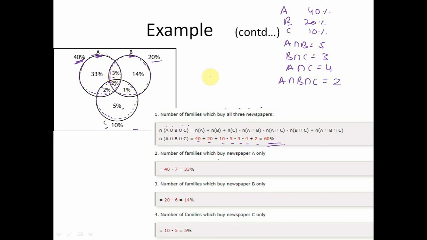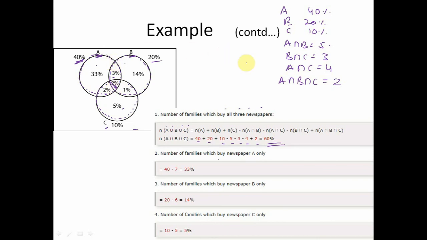Now out of this, there are 2% which are buying all the three newspapers. Then 5% are buying A and B both. So essentially what it means is, please pay attention, this region, A and B both,